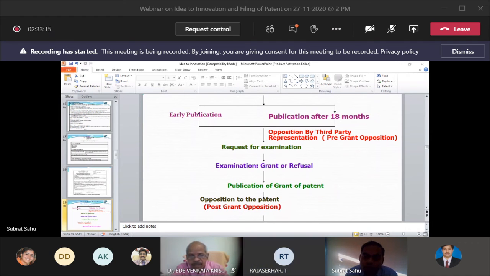So based on this presentation, I will try to help you understand how to write those things so that the patent is granted very easily in the Indian patent system, because it is like legal work. We are the technical experts, but we need to put those legal words in place so that it is easily accepted in the Indian patent system.